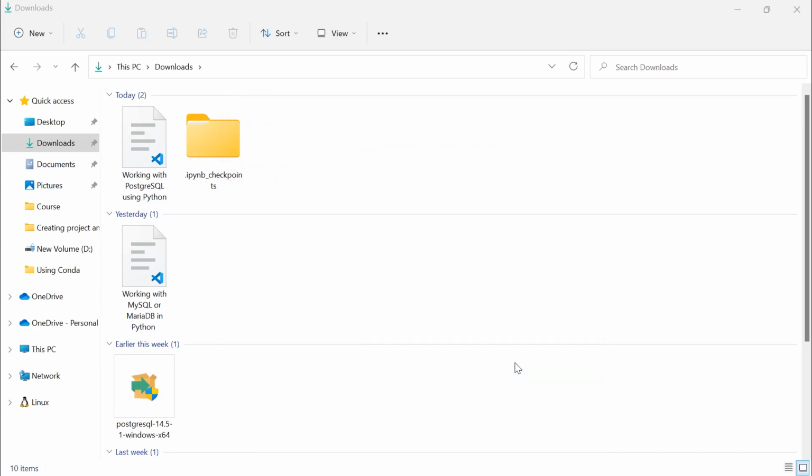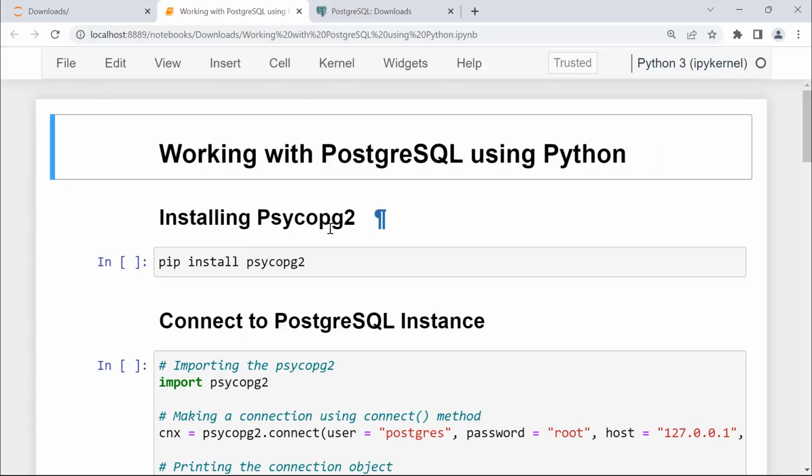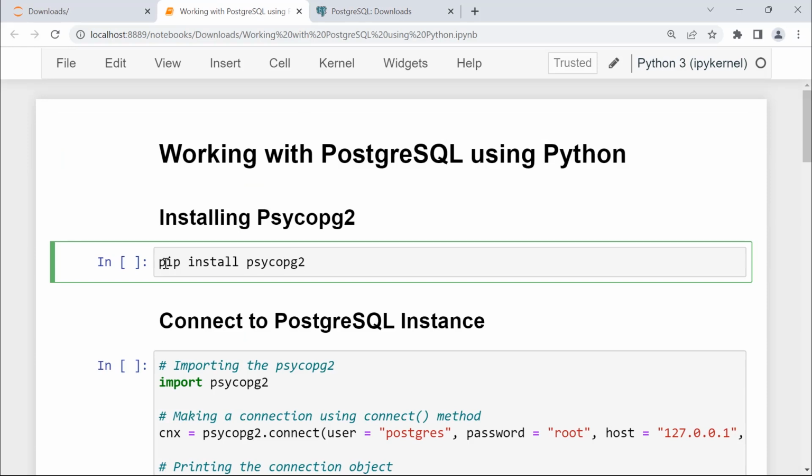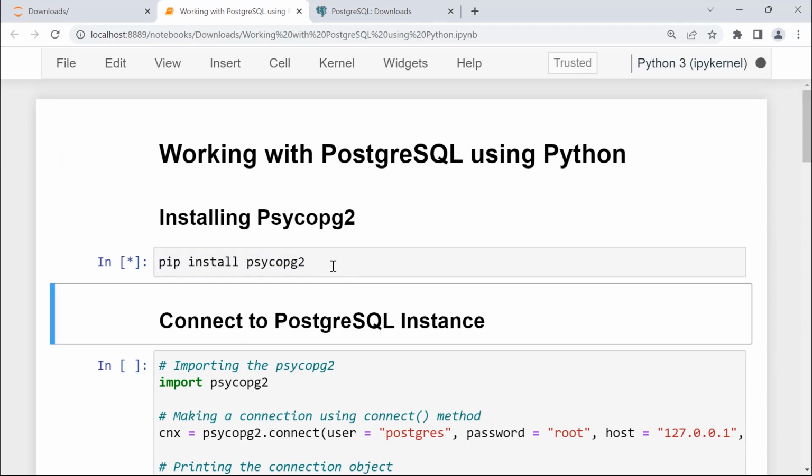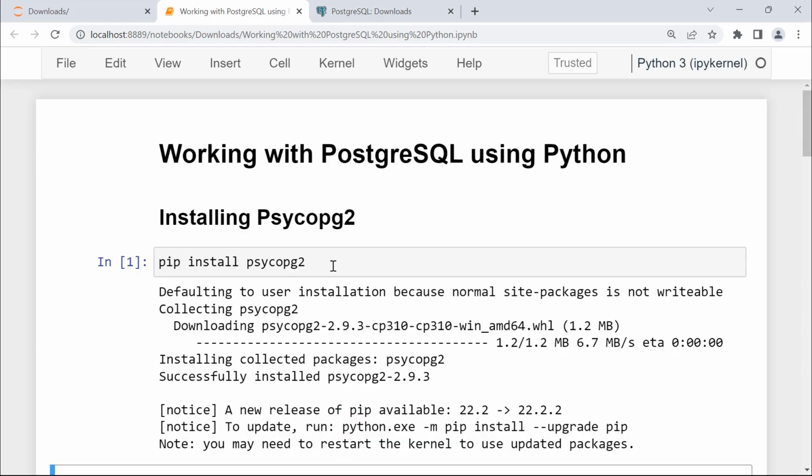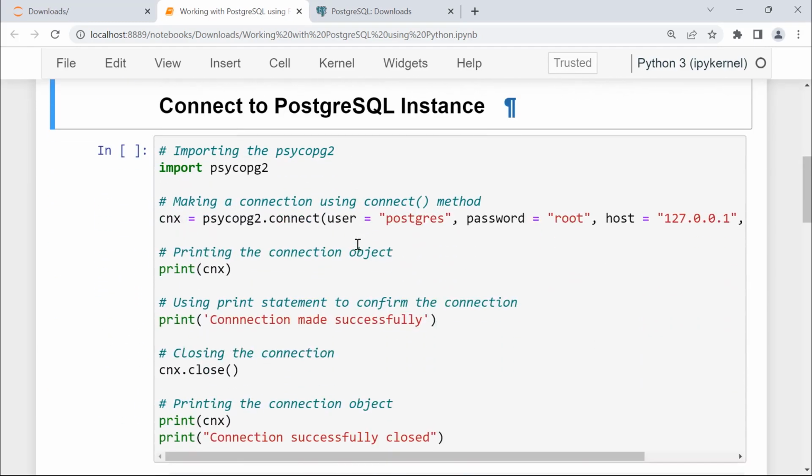Now after installing this PostgreSQL, the next step is to install the psycopg2 connector, and for this let's look at this example. First we will use this pip command to install this psycopg2 package. I will run this cell and here you can see this package has been successfully installed. After this, let's look at the example and how we can establish a connection between this PostgreSQL server and the